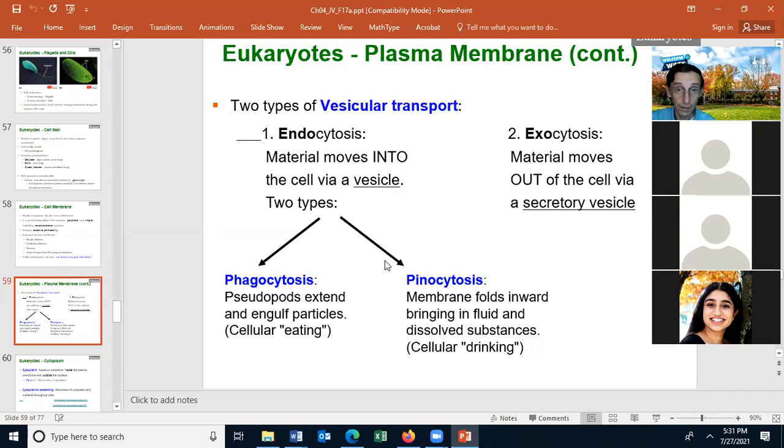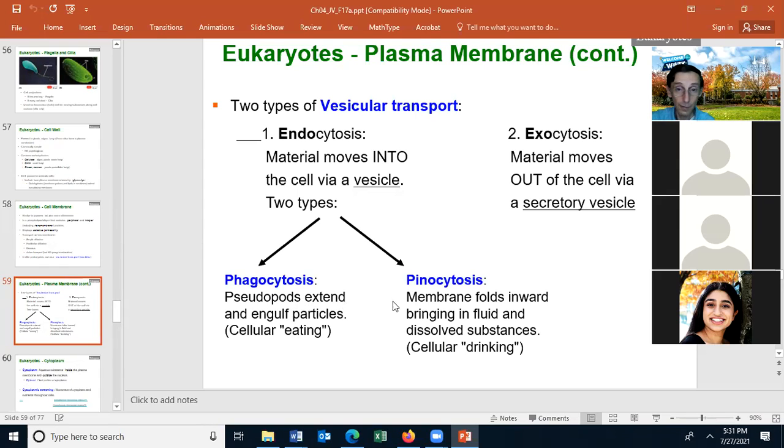Two types of vesicular transport. There's endocytosis, the movement of material into the cell via vesicle. And there's two types of endocytosis. Phagocytosis, where the cell will put out pseudopods, which will extend around the particle, engulf it, and then the cell will bring that into the cell as a vesicle, and this could be called cellular eating,